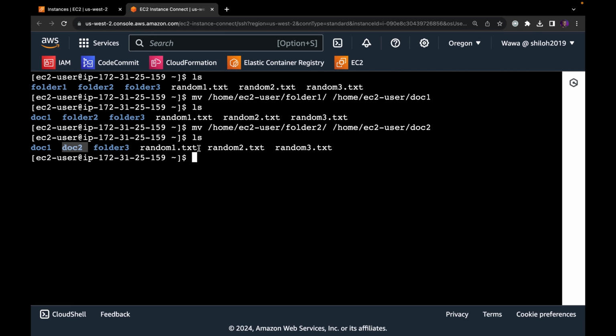Now if you want to rename this file random1.txt into a different file, remember, if you come to the main, we are in the home directory here. So if you do pwd, you see we are in the home EC2 user. So if you want to rename this file that is in the home EC2 user, we do mv home EC2 user